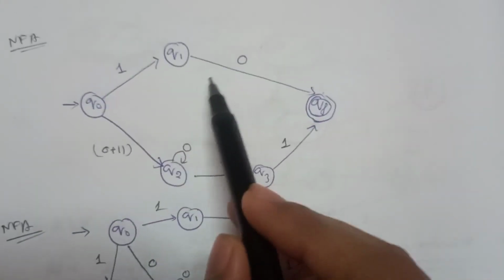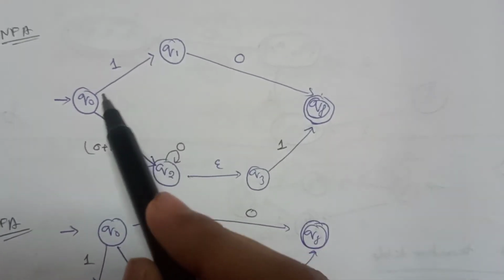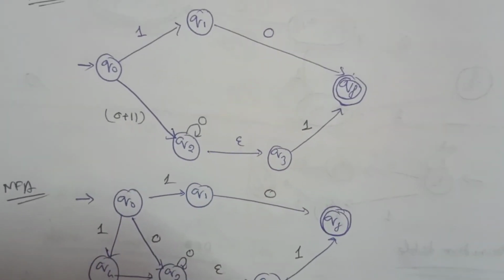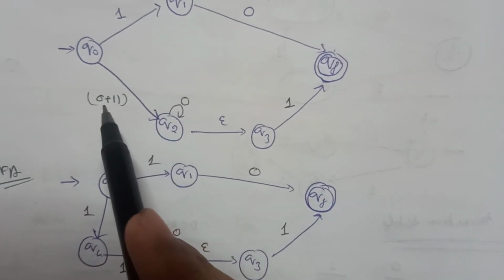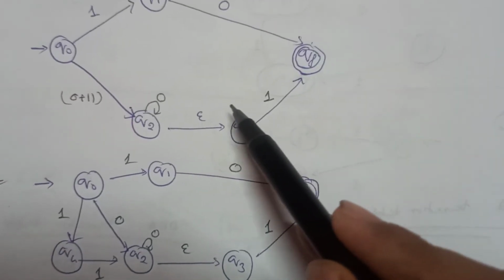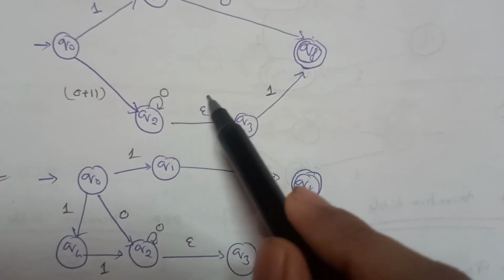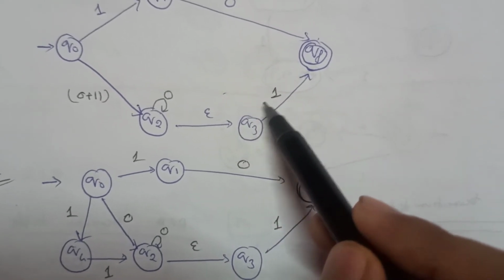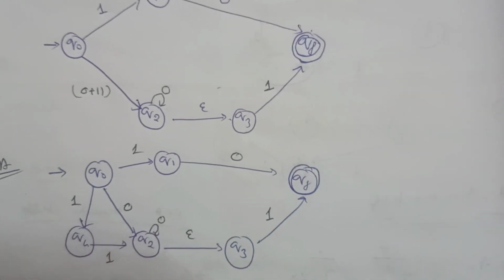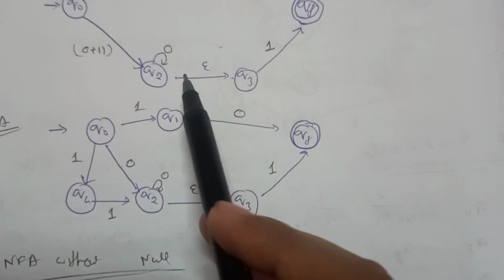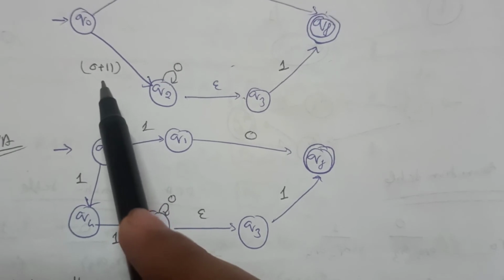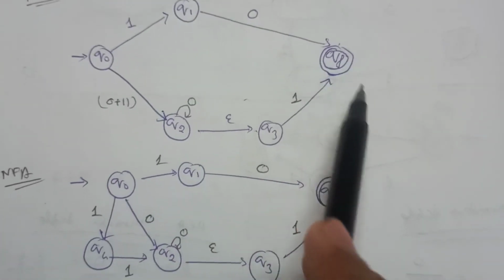After that, I have divided this 10 like this. Okay, so for 1 it goes here, and for 0 it goes here, and the large part I have divided as well. This is the 0+11 part, and this is the 0* part, that is the self loop part, and I can also make a single state from q2 to qf here. Okay, I just need a 1. So I have made a null string and then a 1. It does not matter, we can also make it from here, q2 to qf. And now what we need to solve again is this part, which remains as the complex part, while all the other parts are simple.